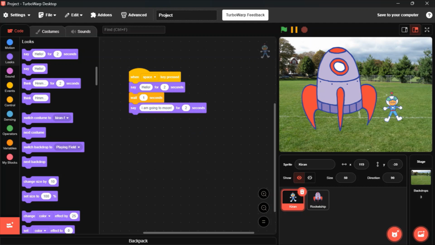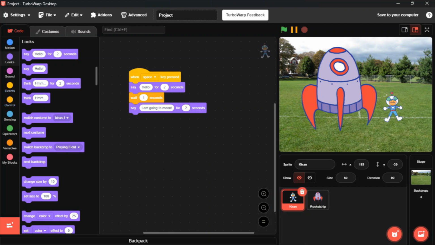Now this will work like this. You simply have to press the space key like this. Now whenever he says I'm going to moon,